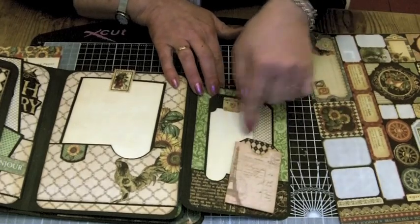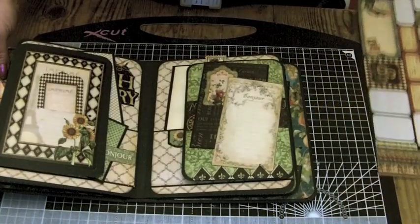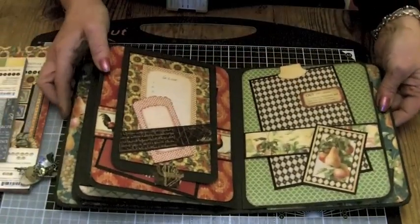Well, there's room to put more photos and notes in that pocket as well. So that one shuts up. Use the stickers. And then flipping over, gone red and green now,